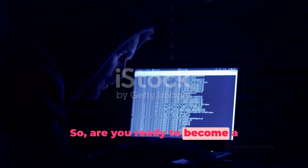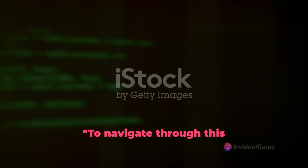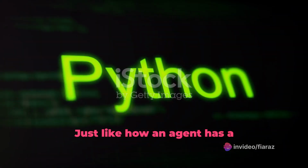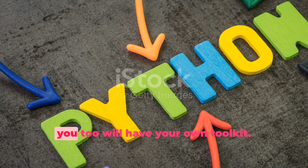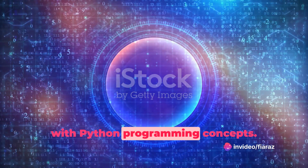So are you ready to become a code-cracking secret agent? Accept the mission if you dare and step into the world of Python programming. To navigate through this mission, you need to equip yourself with the basics of Python. Imagine you're a secret agent. Just like how an agent has a toolkit filled with gadgets to help them on their mission, you too will have your own toolkit. But instead of grappling hooks and invisibility cloaks, your toolkit will be filled with Python programming